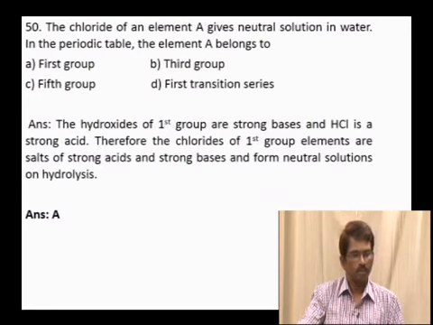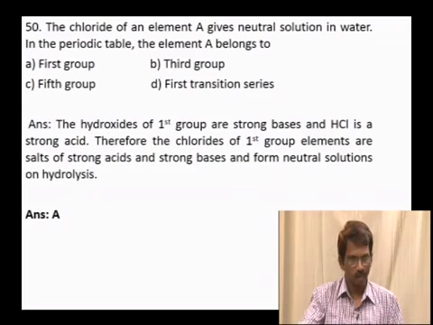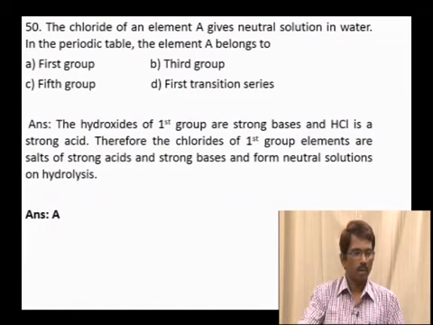Into question number 50, the chloride of an element A gives neutral solution in water. In the periodic table, the element A belongs to option A first group, B third group, C fifth group, and then D first transition series. The hydroxides of first group, that is alkali metals, are normally strong bases, and when the chloride of an element gives a neutral solution,